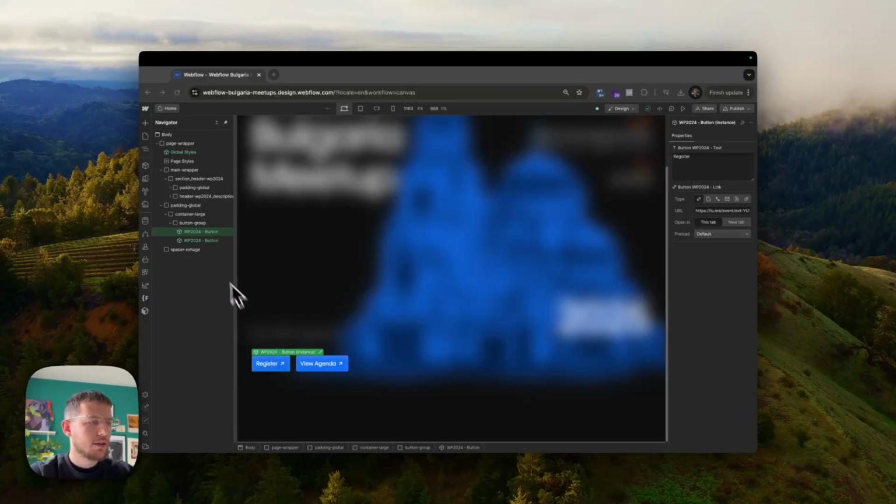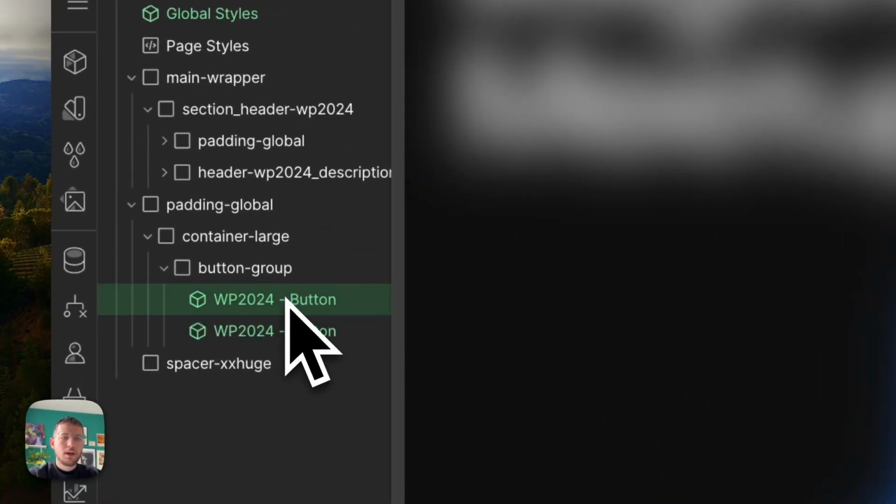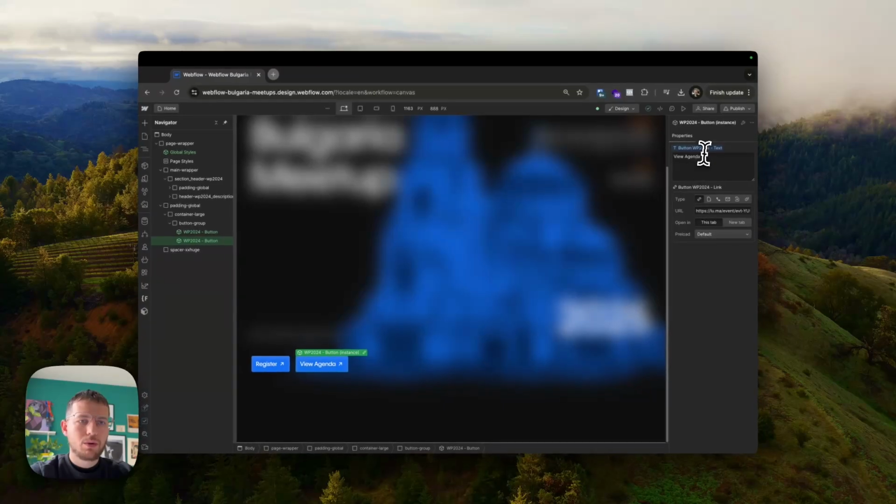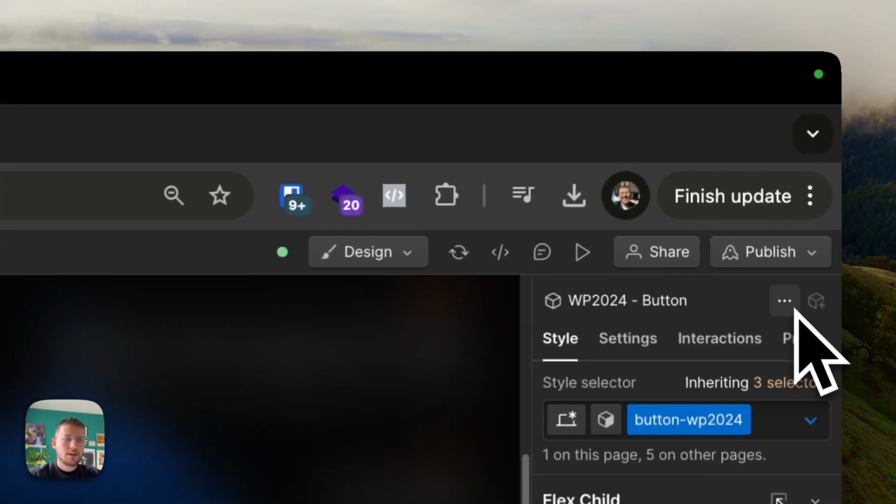So I have two buttons here that are components, right? And they have variables here that I can just adjust, for the text, for the link, and yeah. But what if I want to change the button style to be different, but still use the same component? So how this would happen currently is we would go into the component, we would edit the component